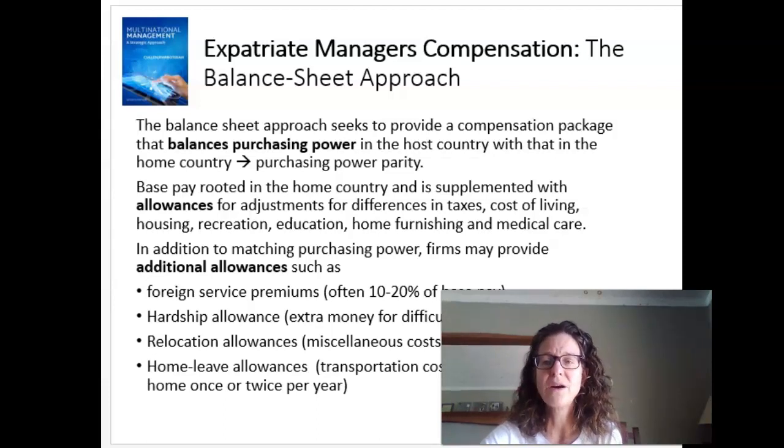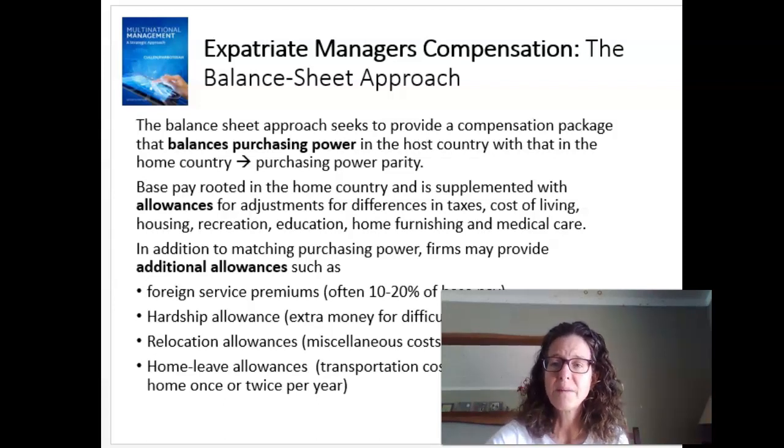The reason why a home leave allowance is offered is because in general, most multinationals will plan to repatriate expatriates once their assignment is over and reintegrate them into the home organization so as to benefit from all of the global experience that they gained. Allowing people to go home once a year and reconnect with friends and family makes the return integration a lot easier. Some organizations might also offer rest and relaxation allowances.